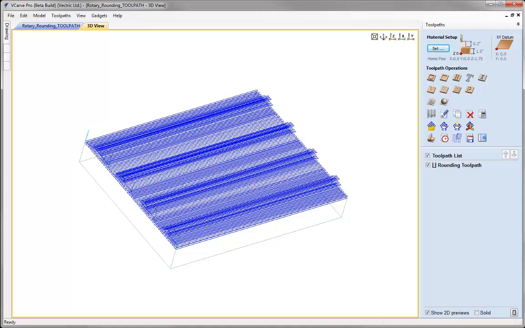Secondly, it's worth remembering that essentially the software is always working in a 3-axis environment. Although we have the ability to visualize the toolpaths in a rotary view, only when we actually save the toolpath using a post-processor that is configured correctly to do it will the data actually be turned into rotary output. And at that stage what's happening is the software is just taking the linear moves on that axis which is being wrapped around and just transposing those into rotary moves that are appropriate for your machine, assuming the post-processor is